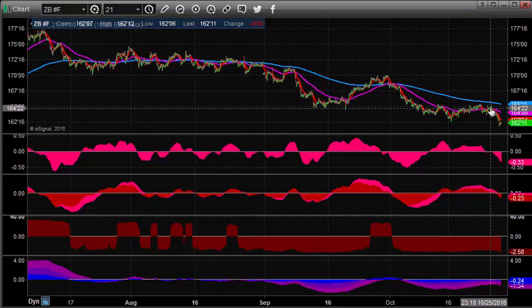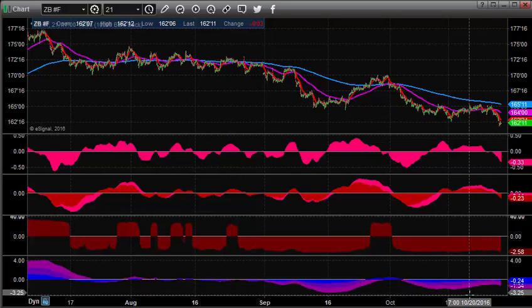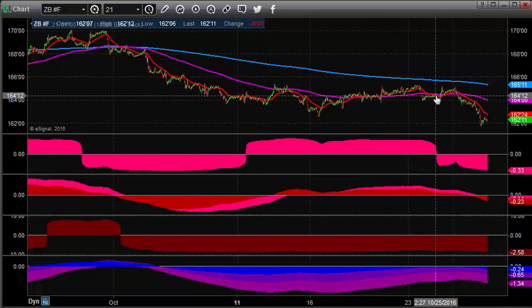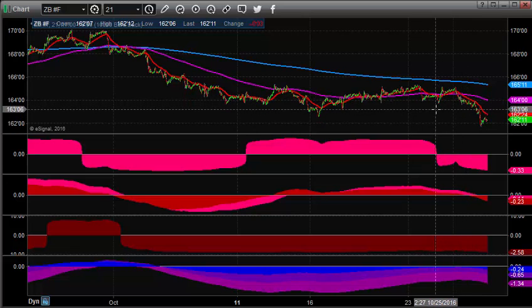But this was almost a 2-point move from 164.31 down to 161.28, and that happened today, starting at, and let me just bring in a log chart so you can see just where it's absolutely above zero or below zero. That happened at 3 o'clock in the morning, and on